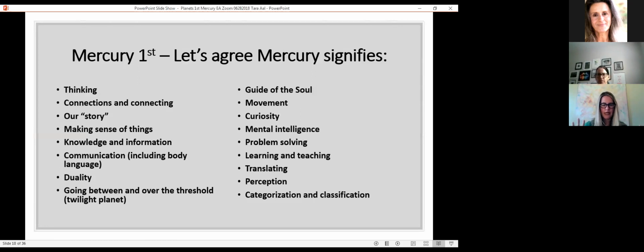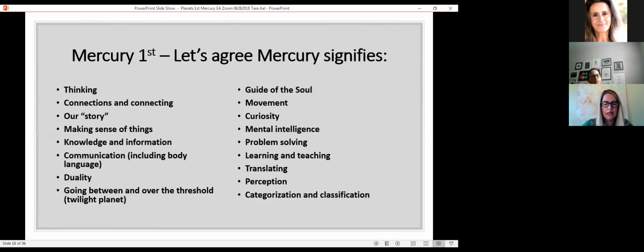And so anytime you choose a planet first, it's useful to agree what that planet signifies. So this is just a little list of those things. Mercury signifies thinking, our story, knowledge, information, duality, going between and over the threshold. So again, think twilight. Mercury in mythology serves as the guide of the soul, which is something to think about also in your natal chart.